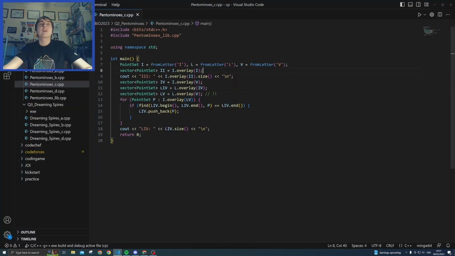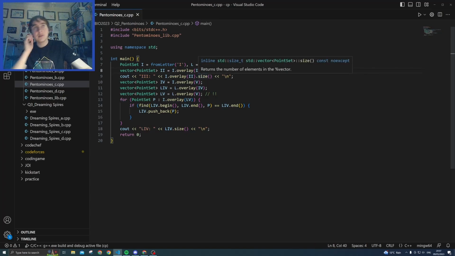So to combine III, we can just take I, overlay it with itself, and then overlay I with all the different shapes made from overlaying I with itself, and we can just print out the size of that. Pretty simple. Now the tricky bit is